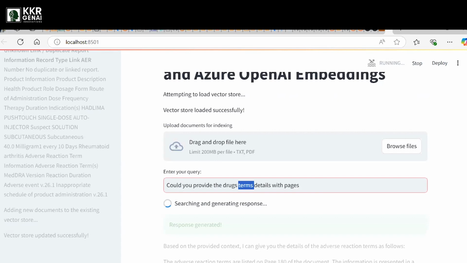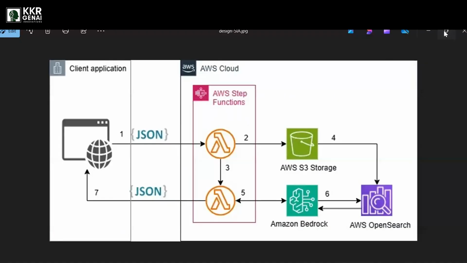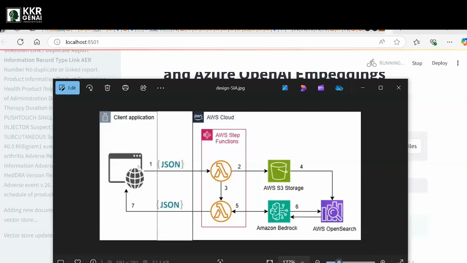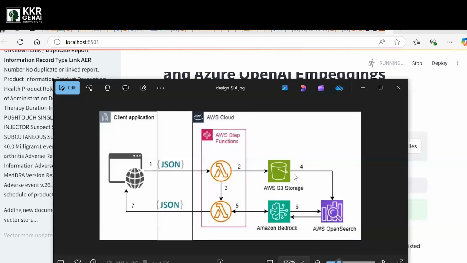Basically, what is happening, as you see in the architecture here, is this is my client as a UI, and it sends the request to my backend Lambda function. This particular user question will be stored in a storage system, and that information is converted to embeddings.